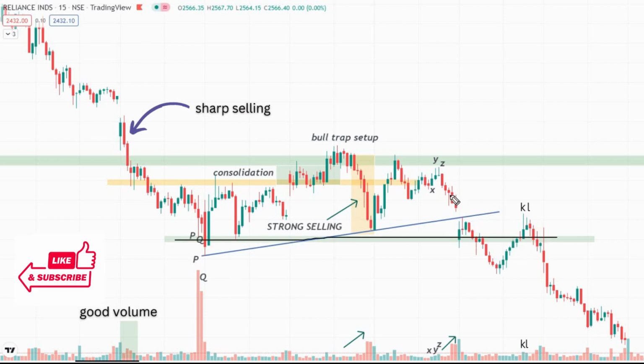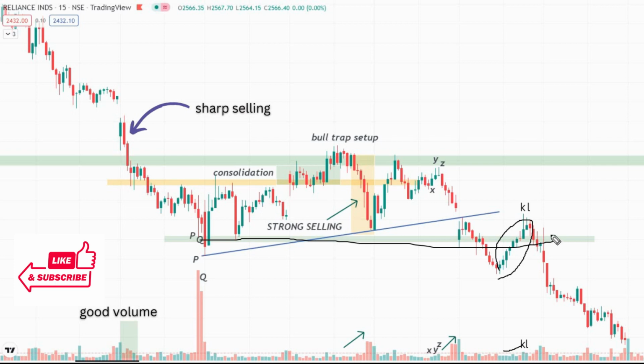After this breakdown, we are seeing a strong buying momentum with an increase in volume. Again, this is a very important information the prices are trying to show us. What was our expectation? That after a strong breakdown with increase in volume, our expectation should have been a weak buying momentum up to the resistance zone with decrease in volume. But what is happening? With increase in volume, we are seeing good buying pressure,